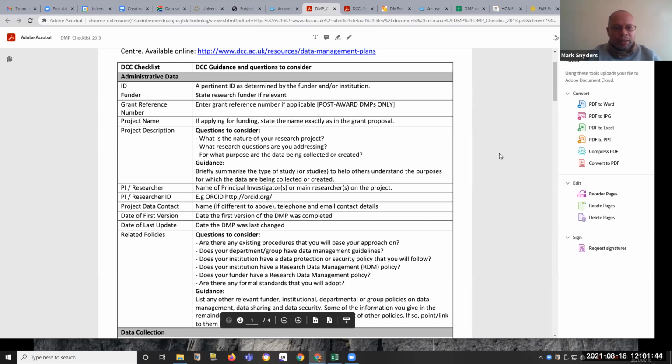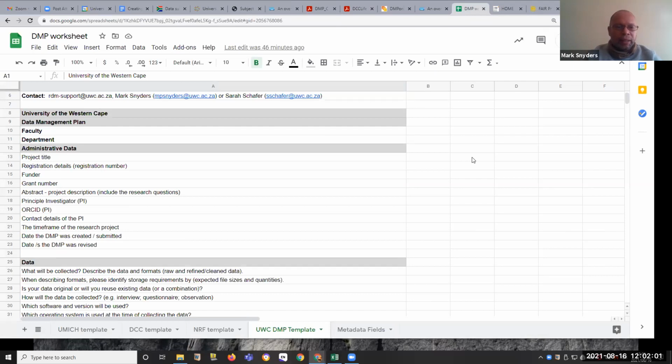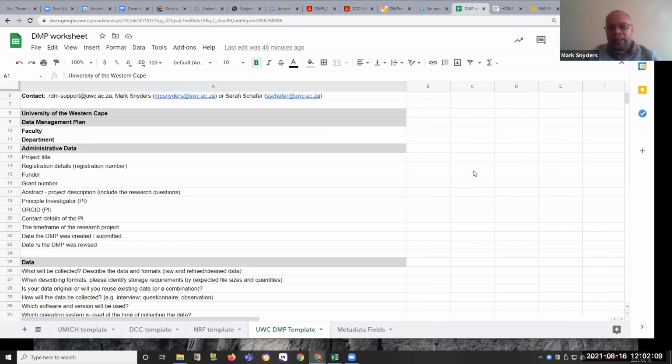At this point, I suggest we go over to the UWC template because it's simpler to use. What's important to remember with regard to the DMP template is that the UWC template is a lot easier to look at. And as I said earlier, it needs to be edited. It is unique for each project and it may be edited and refined.